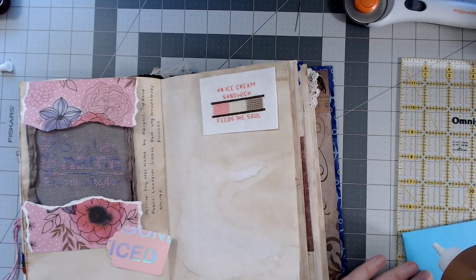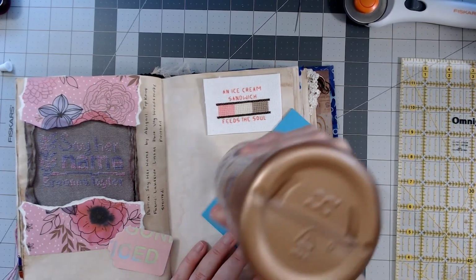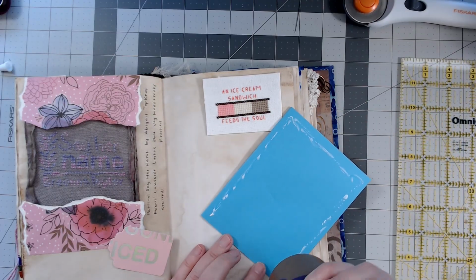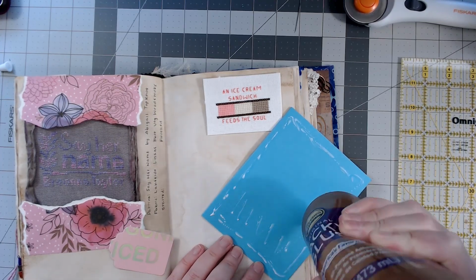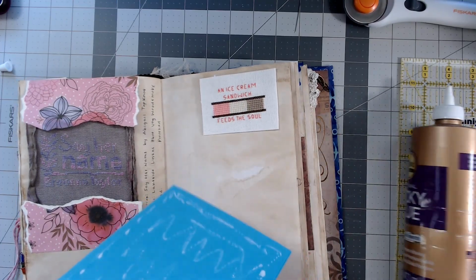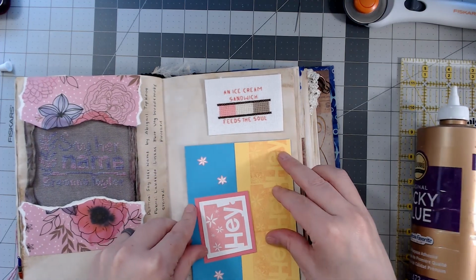But I will fully just glue this down. I keep forgetting. And there's no real theme to my book or to my pages. Like, I did leave a page open next to my Peruvian birds right before this one. And the reason I did that is so I can put